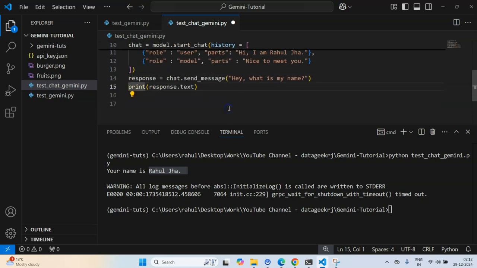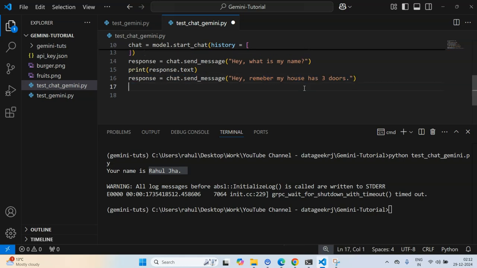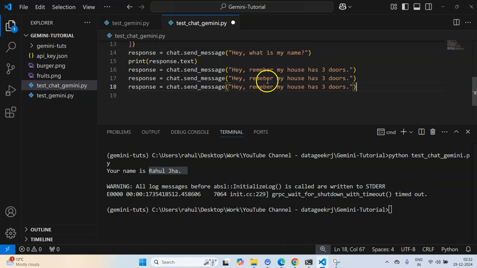Now let me show you one more powerful thing. After this message, let me do response equals chat.send_message, hey, remember my house has three doors. After this, let me send a couple more messages.